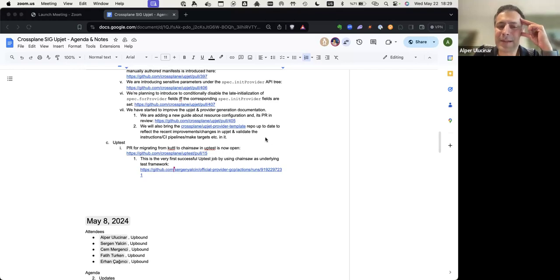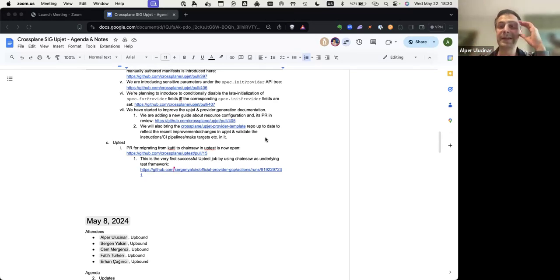It has been quite a while since we maintained the related provider generation documentation, including the template repository, etc. And since you folks are also maintaining your own provider, I'd like to also hear about your experience. How difficult or how easy, hopefully, it was for you to figure your way out using Upjet.